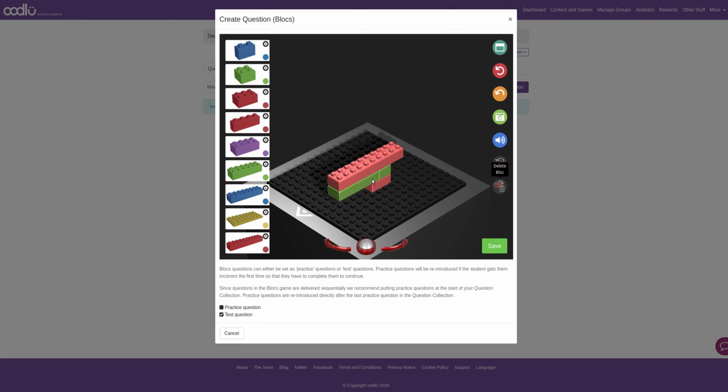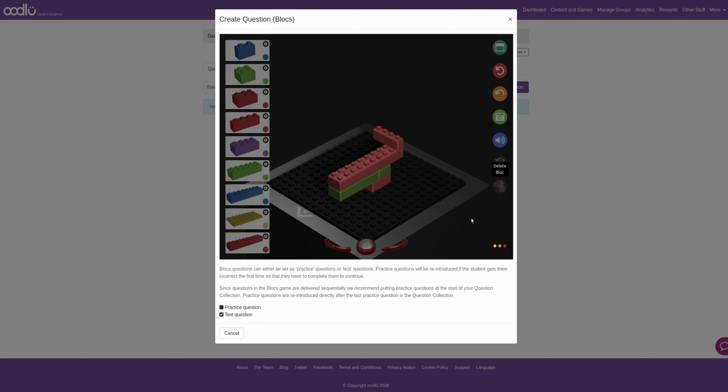Okay, so if I want to now, I can take a screenshot. If I click on snapshot, it will take a snapshot. I can reset the whole thing, or I can undo what I've been doing. And if I've got a block that I wish to delete, I can select it and I can delete it. Yeah, I've got a little bit of a bug there actually. I can click it and rotate it as well if I wish to. In fact, that one doesn't do much when you rotate it because it's square anyway, but this one does, for example. Okay, and when you've done that, you can then click on save, and that will take a few seconds